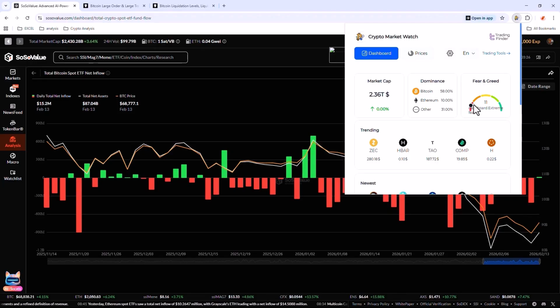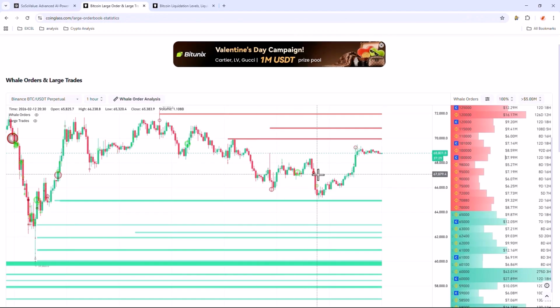If the index manages to enter the fear zone and then move into the neutral zone, it could signal the end of the downward trend and the beginning of an upward trend in the market. However, we are still in the extreme fear zone, and traders can consider this as a period of heightened fear. They should take this into account and, by reviewing the order books, avoid the entry of smart money into the market.